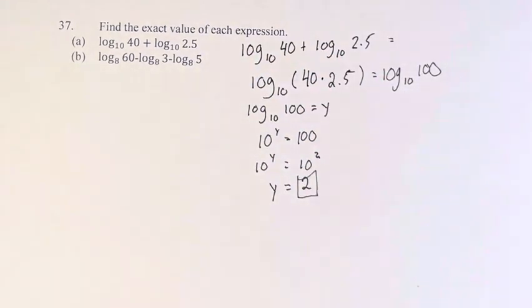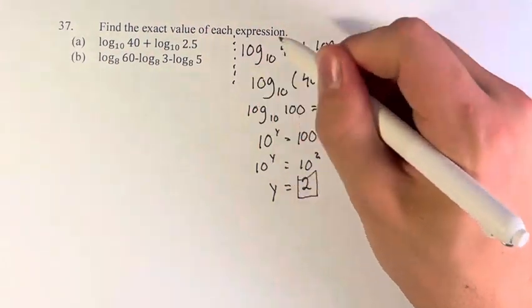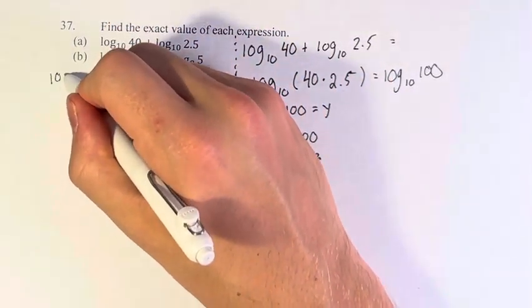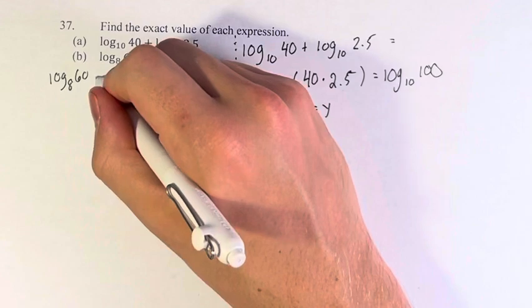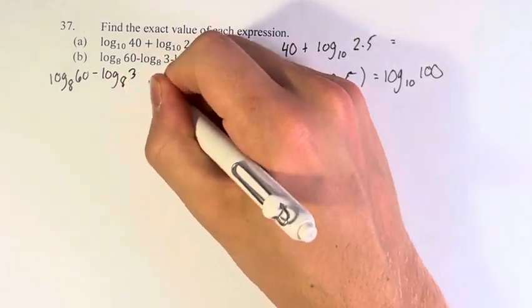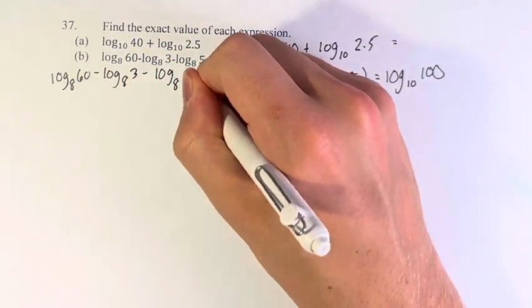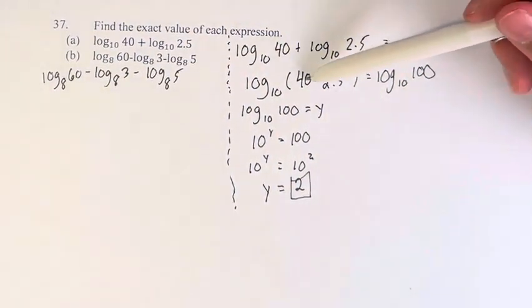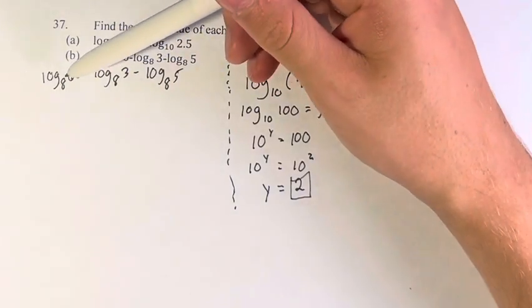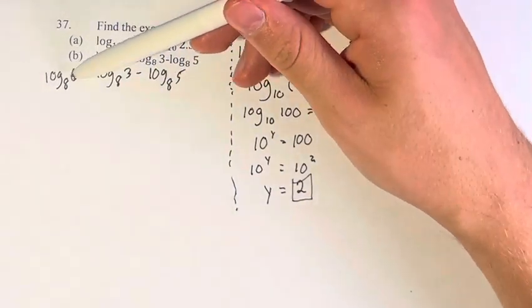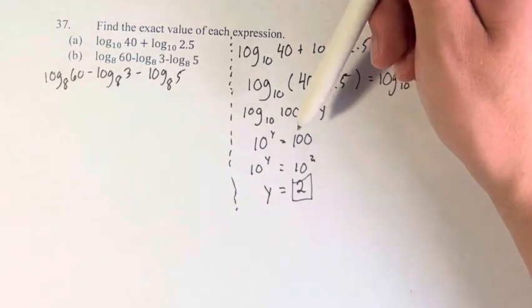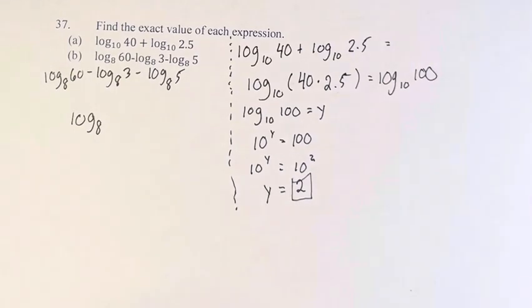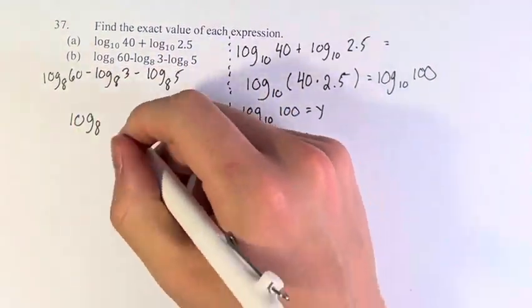Next, we can do b. Just mark these as separate. We have log base 8 of 60 minus log base 8 of 3 minus log base 8 of 5. And in a similar way to where you're adding the logarithms, you can multiply them together. Here, if you're subtracting, then you take the first one and you can divide it by the thing that's being subtracted. So this can be log base 8 of 60 divided by 3